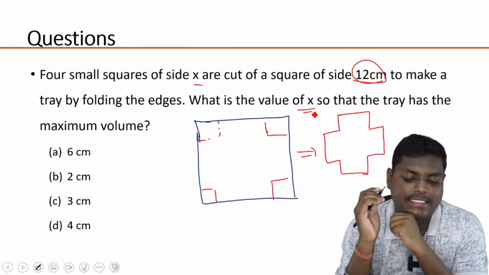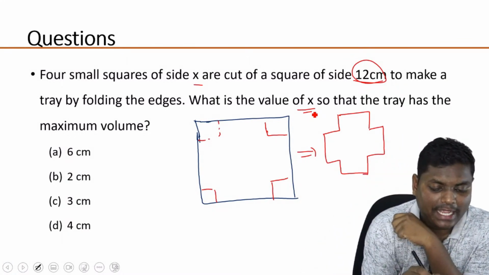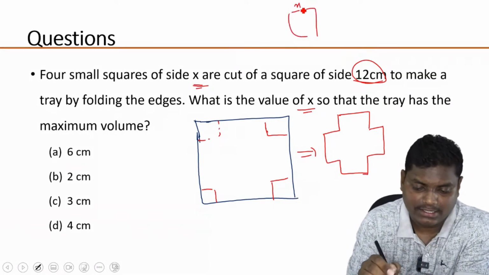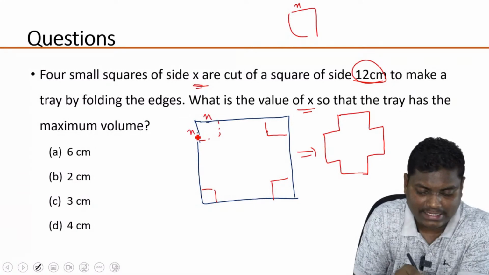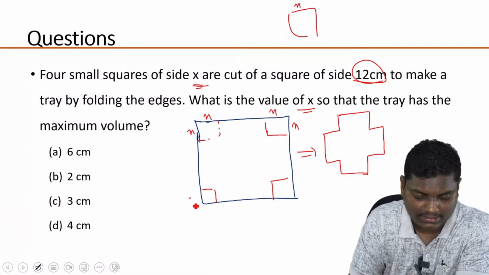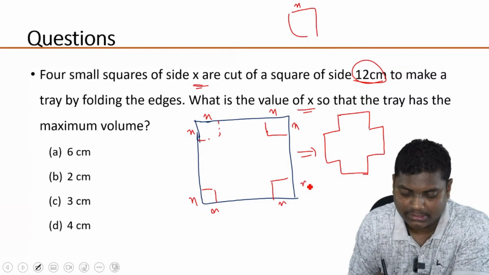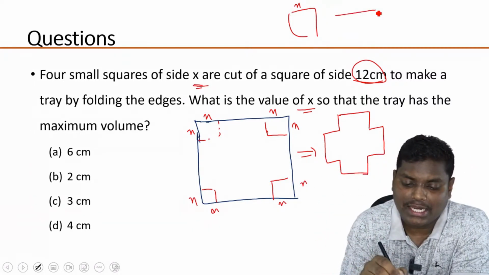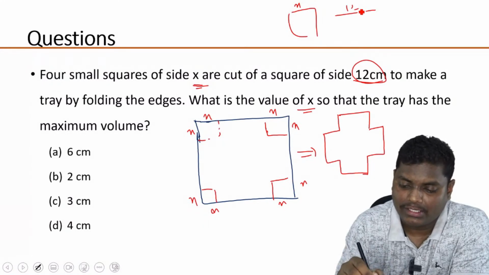Okay, let's try and understand this. So we have 4 small squares of side X. Now if you have a square of side X, so this is X, this is X, this is X, this is X, this is X, this is X, this is X, this is X. So each side of the square, initially if the side of the square was 12 centimeter,